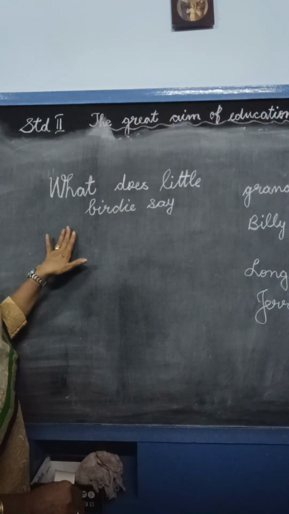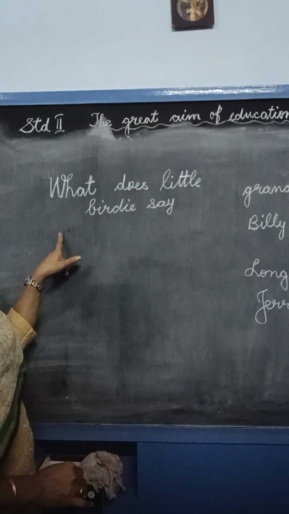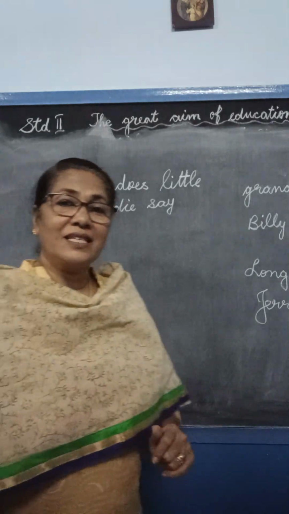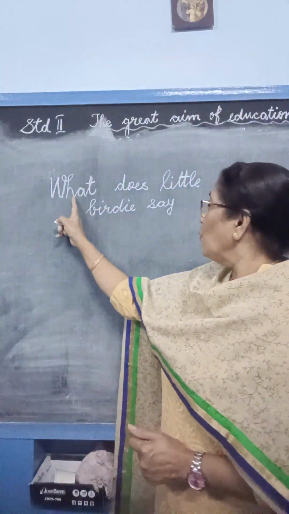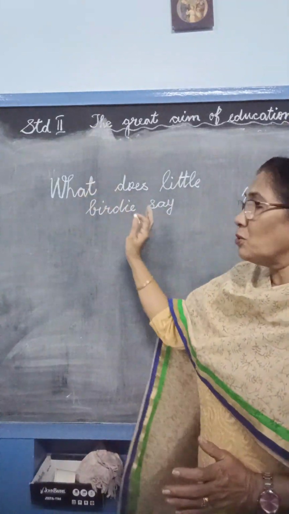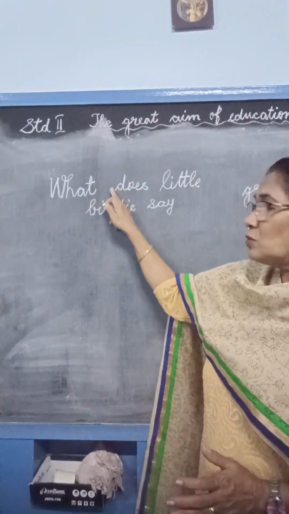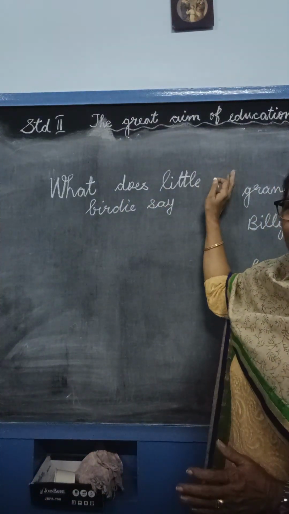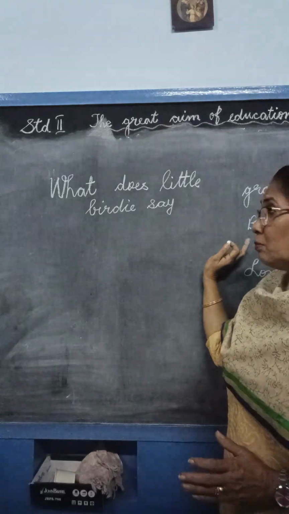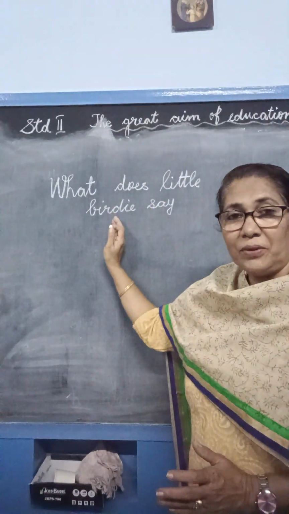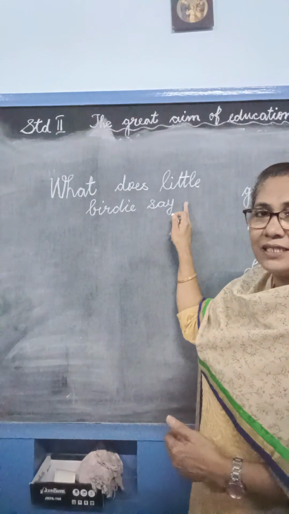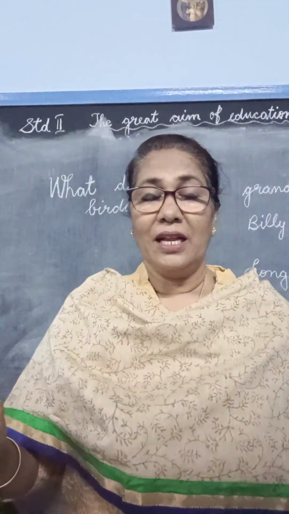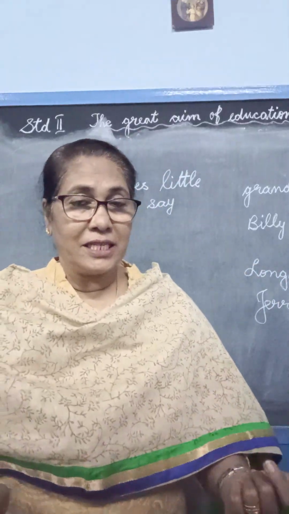See, now you see, I wrote the first line on these 2 lines. So we are going to write the next line below this line. Okay, we are going to write it over here. So what is the next line? I wrote the first line here. What does little birdie say? So you notice that after what, I have got space here. After does again space, then little. Now I can't write it here because I've got something written on the board. I wrote the balance over here. So the next line I will not write here. I will write it in the following line, the line below that. So the first line is, what does little birdie say?